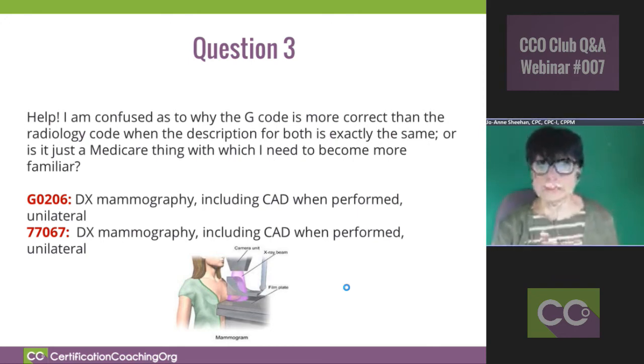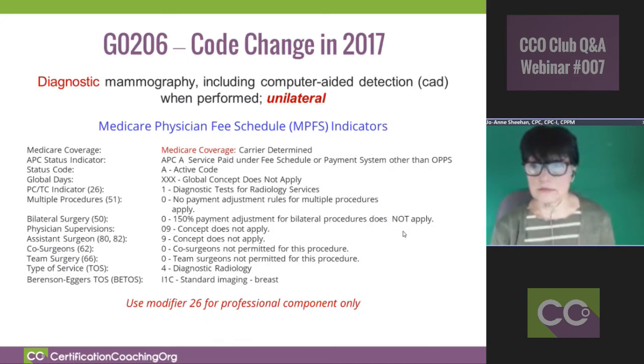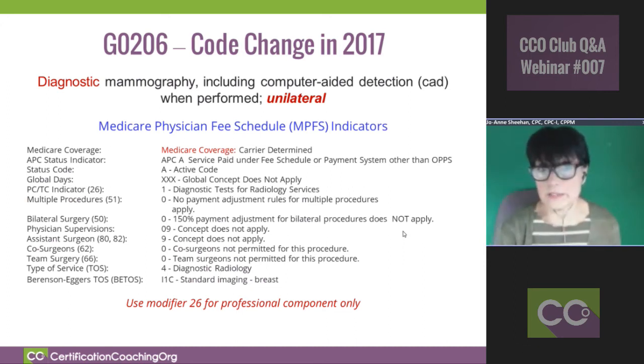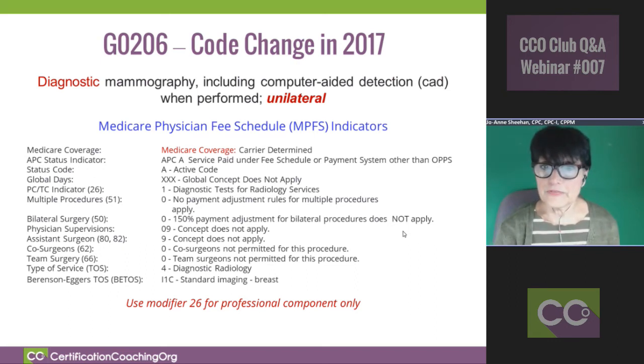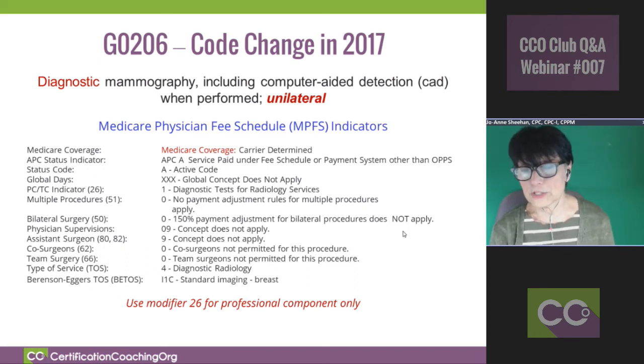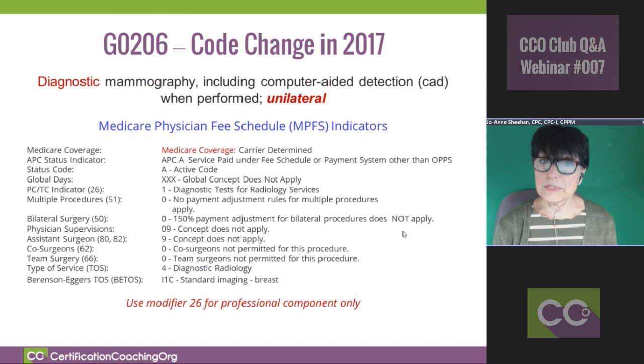But there are definitely differences with the code. First of all, the G0206, there was a change in 2017. It used to have to do with digital viewing, and now it's not. So the wording had changed, and it is a diagnostic mammography, including computer-aided detection, CAD, when performed, and it is a unilateral code. And when you look this up, say, for example, in Find a Code,